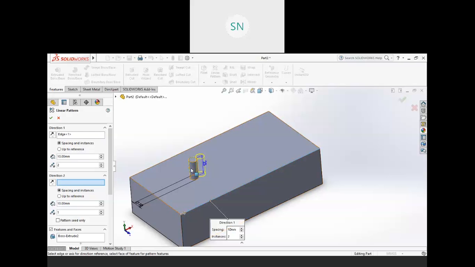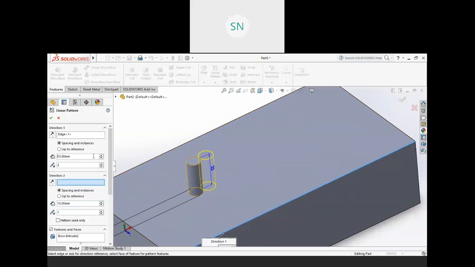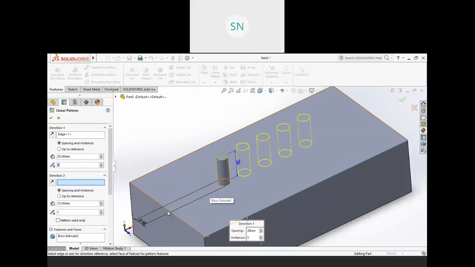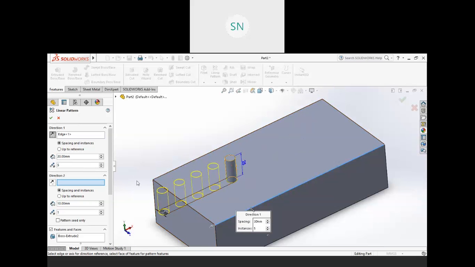So see, we have one copy over here, and you can increase the gap between both copies by this distance. 30 mm, 20 mm, or you can write your own values. And also the number of copies, I want 5 copies, so you can increase it. You can flip it. For example, you want this in this direction, so flip it. So this is on this side, flip it to that side. So this is in one direction.